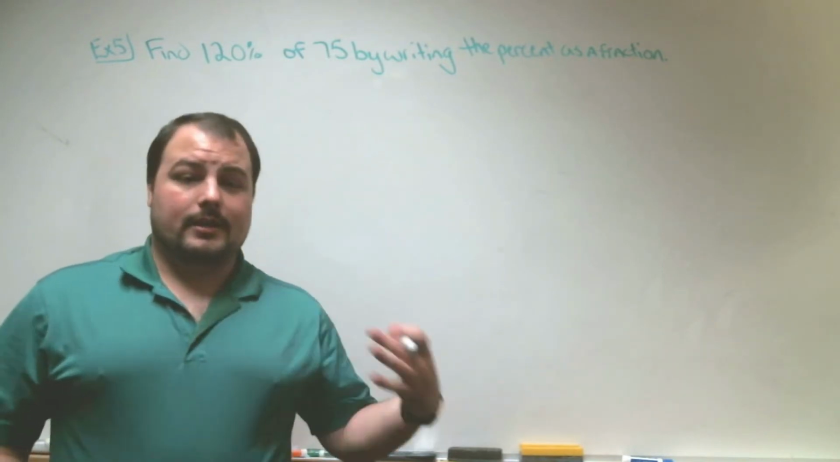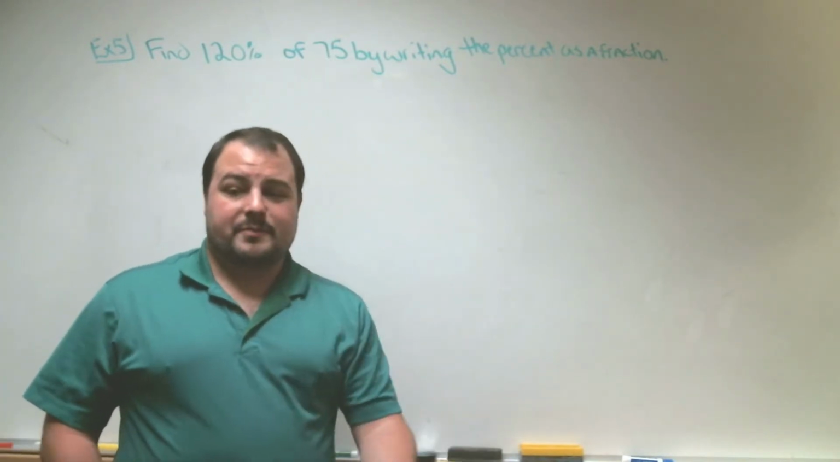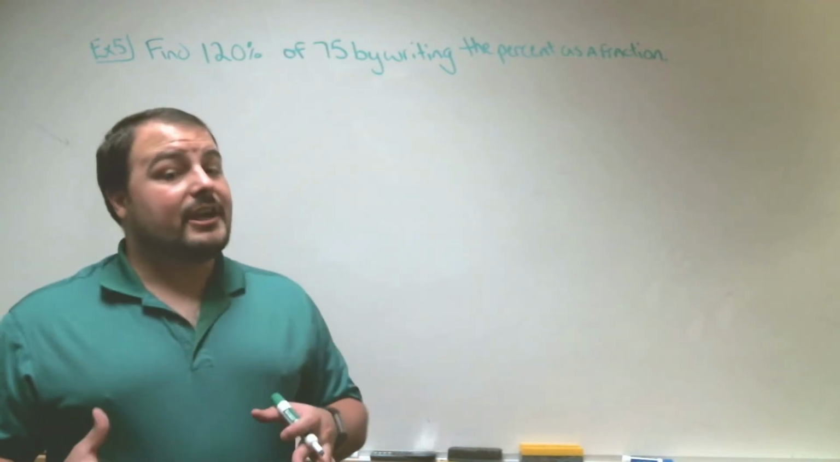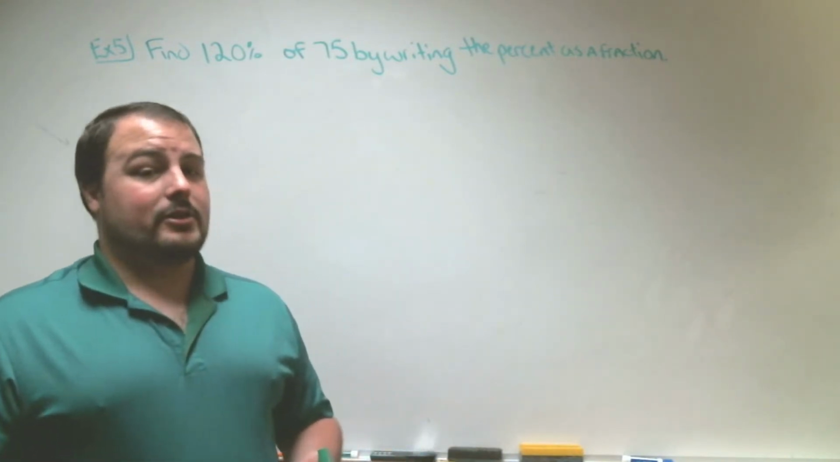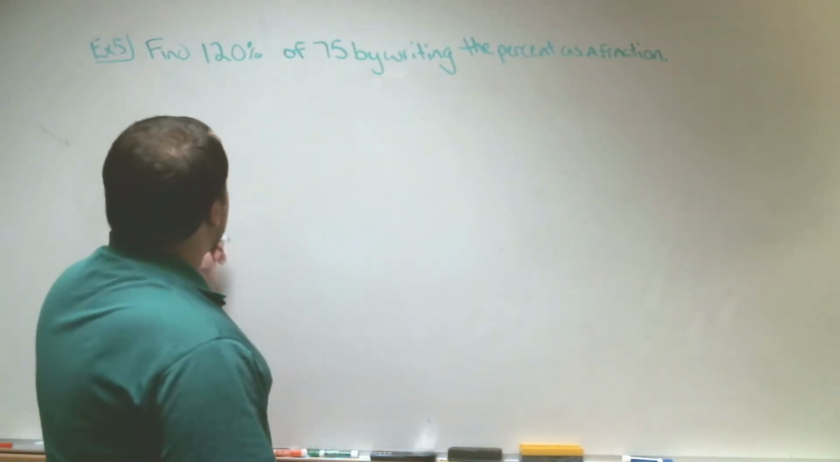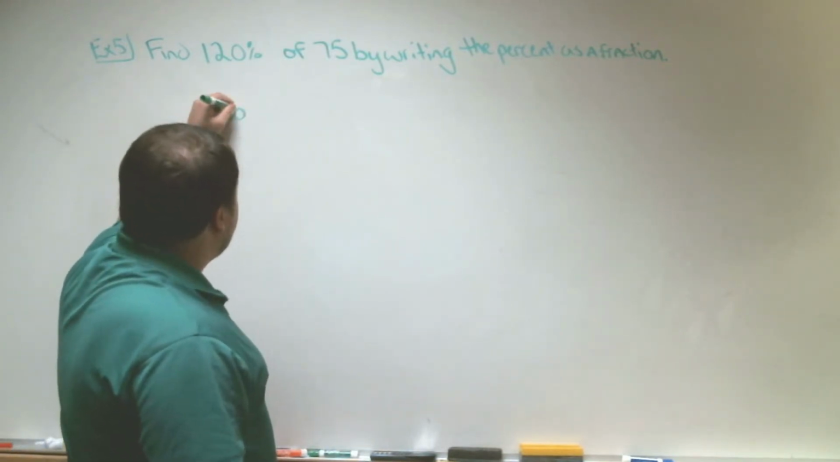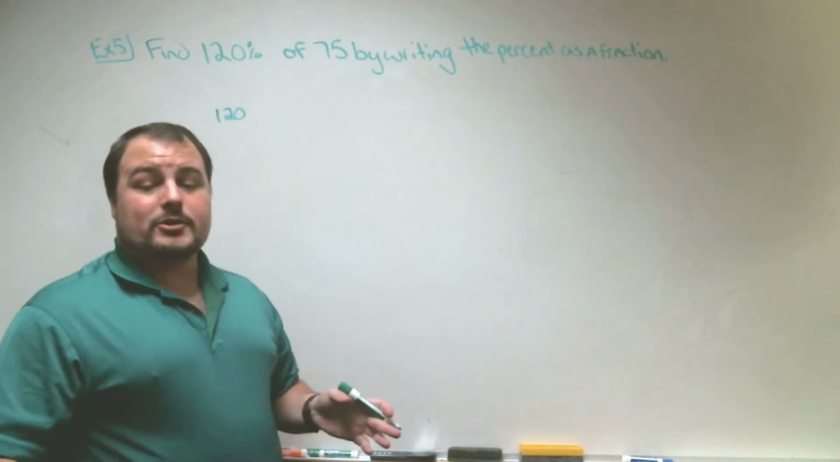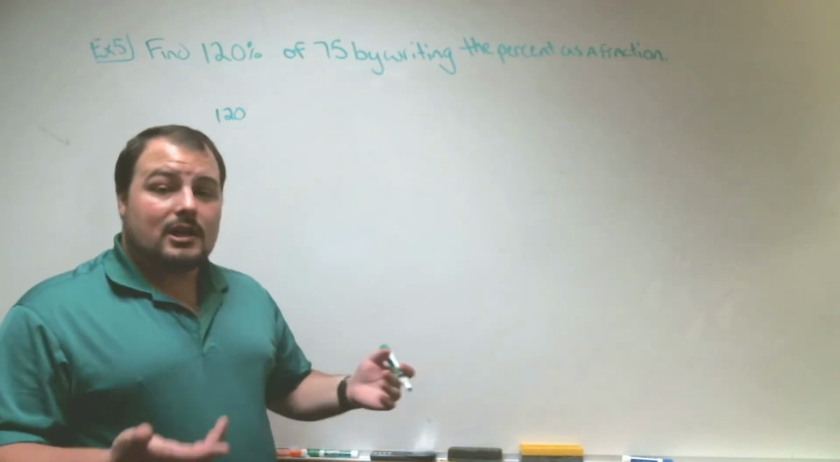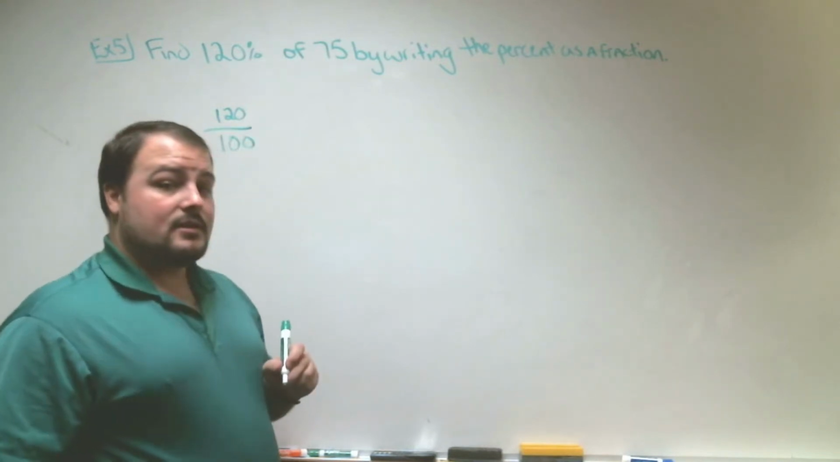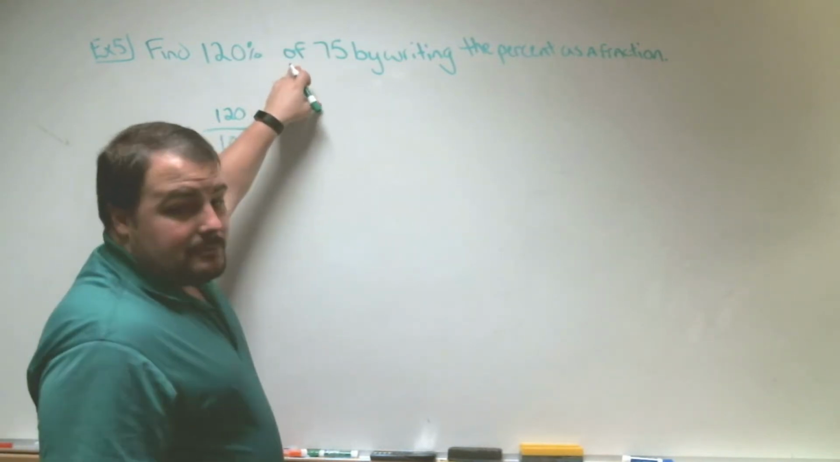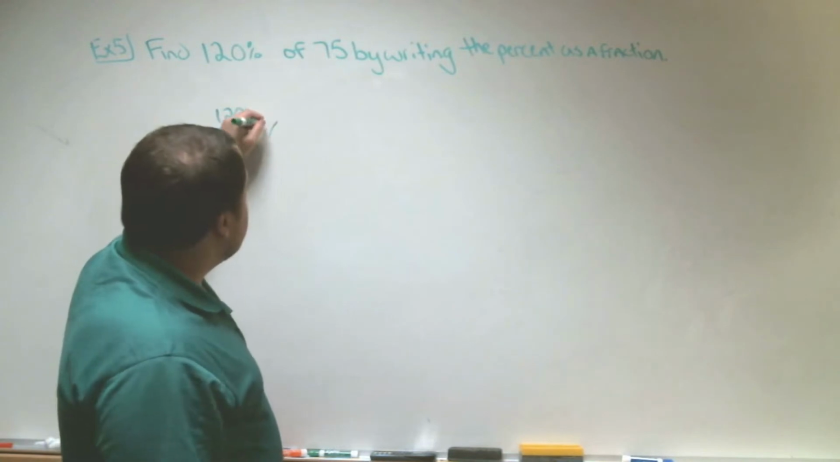All right, in example 5, we're going to find 120% of 75 by writing that percent as a fraction and then solving it the same way that we did earlier problems. So in this case, we're looking at a percent that's bigger than 100. And it is possible to have percents bigger than 100. So we're going to take 120, and as we said earlier, every percent in the world is still out of 100. So it's 120 out of 100%. The word of in mathematics we talked about means times